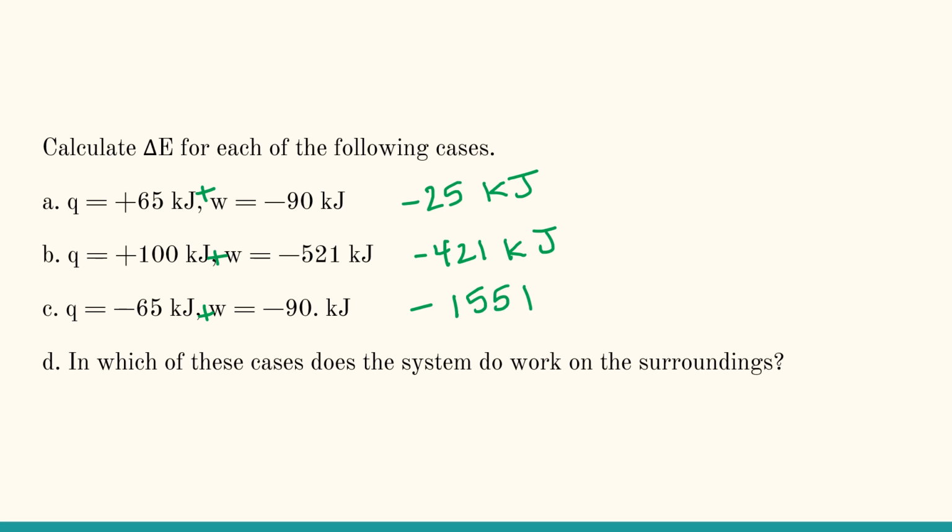And then in which of these cases does the system do work on the surroundings? So remember, that means we're looking for a negative value. All of the work values are negative. So all of these